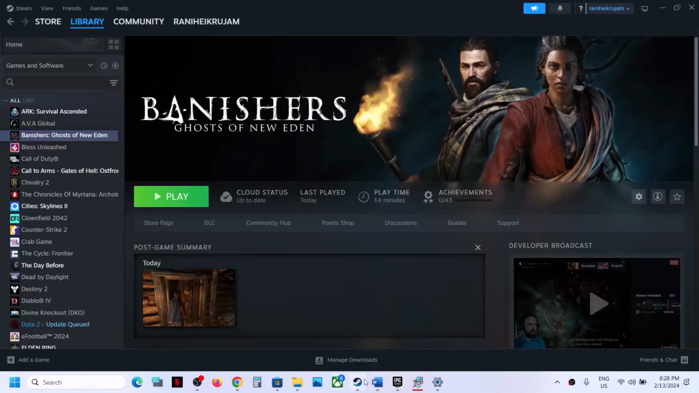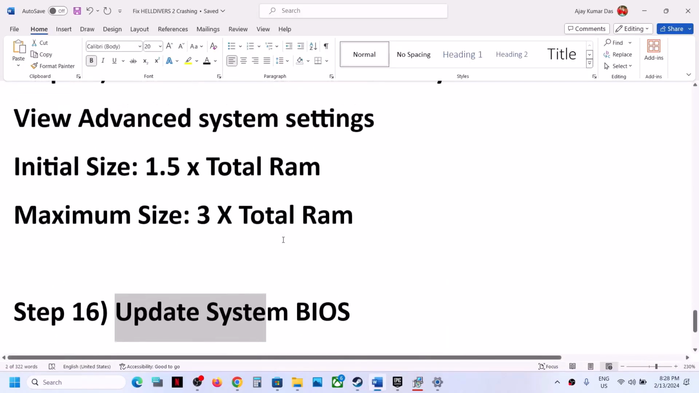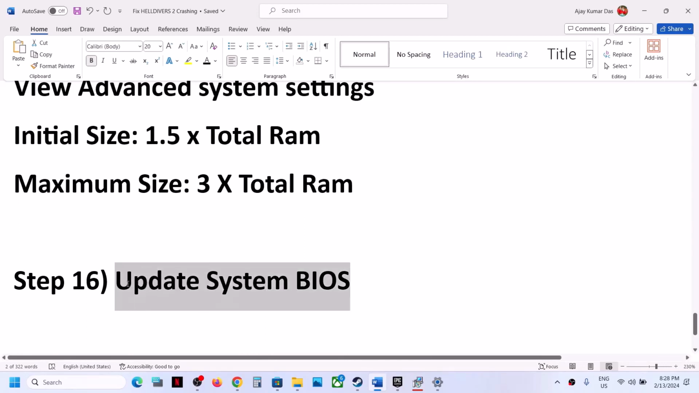Now the next step is to update the system BIOS. Go to your system manufacturer website. If you have a Dell computer, go to Dell. If you have a Lenovo computer, go to the Lenovo website. If you have an HP computer, go to the HP website. Go to your system manufacturer website and select your model number. Make sure that you select your computer, find the latest BIOS update available, and then update the system